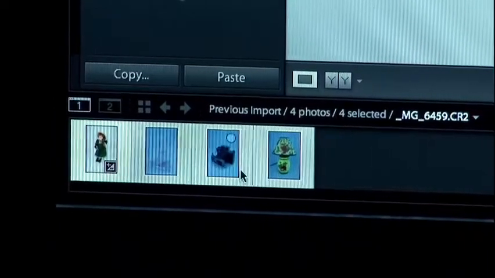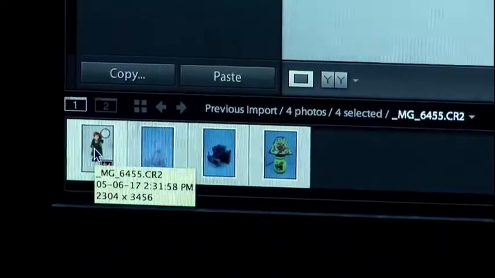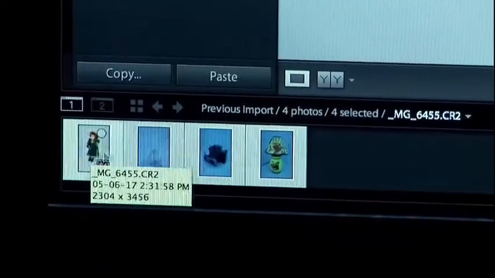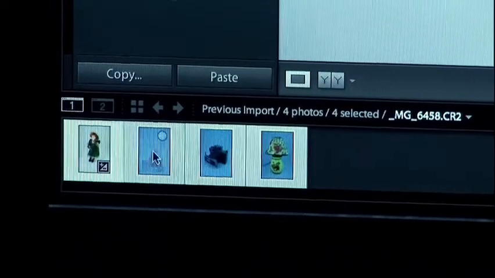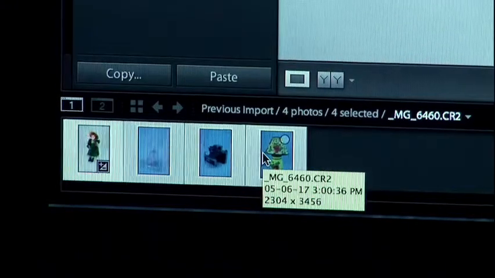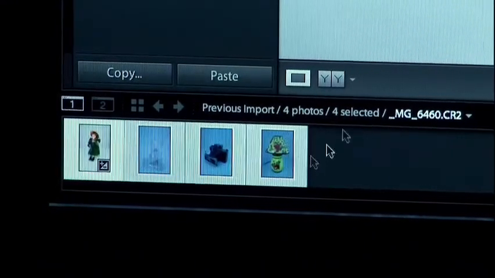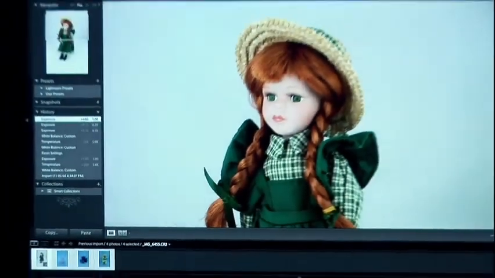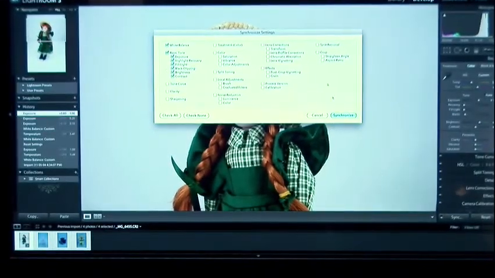Now, this is very, very important because the item, in this case the doll, that is more selected, that is where the adjustments are going to come from. The items that are not as selected, i.e. a slightly darker selected indicator, these images here are going to receive the adjustments. Okay? So they're going to come from the doll and they're going to be received in the other 3 images. Now, to make that actually happen, all I need to do in Lightroom is come over here to this button here that says Sync. I click on Sync, and in the next step, I've got a dialog box called Synchronize